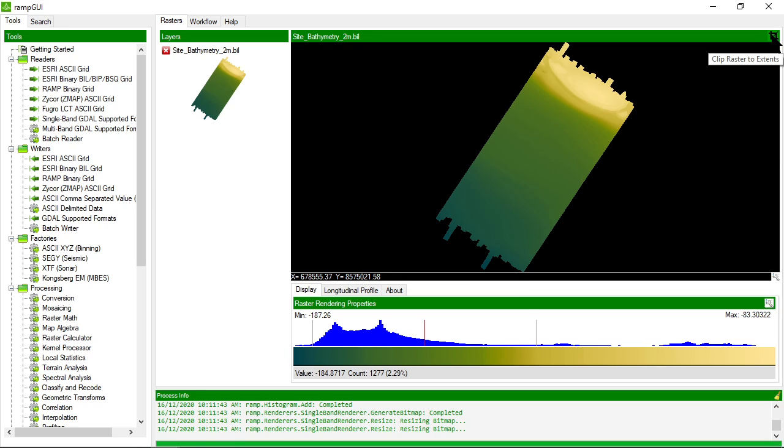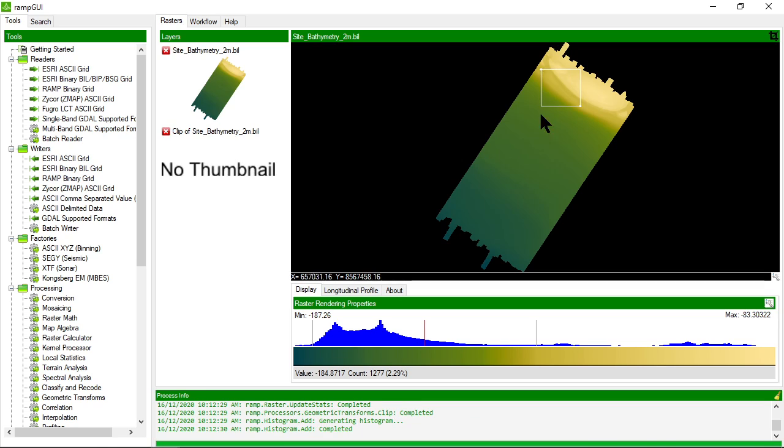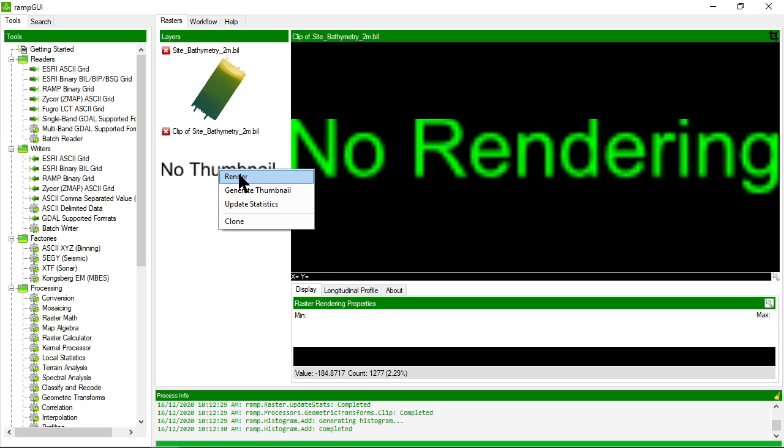I can choose to clip the raster. By clicking this button here, I can then choose a specific area of the raster that I want to clip. What this does is extract the area that I've defined and create a new raster. So this is a little bit of a cheat way to do a zoom in. So I'm going to now, it's added the new clip in here, and I'm going to render it as I